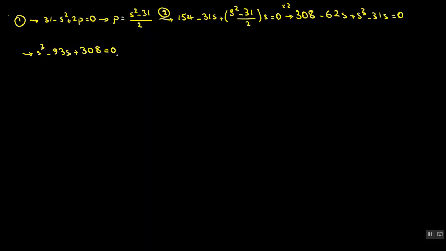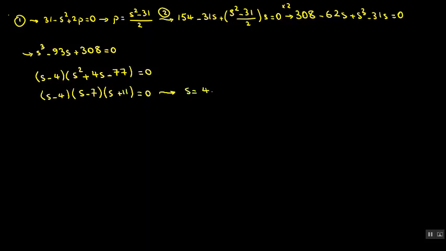We try to find a root. If you check, for example, small numbers, you will see s minus 4 is a root, and if you replace s with 4, it will be 0. So you say s squared, to create s cubed minus 4s squared. So I place 4s to have 4s squared, cancel that because we don't have s squared here, minus 93s, we have negative 16s. So if I place negative 77, it will be negative 93, and negative 77 times negative 4 will be this, equal to 0. Now if we factorize again, the sum of them is 4, the product of them negative 77. So if you replace negative 7 with 11, it will be this. So s can be 4, 7, and